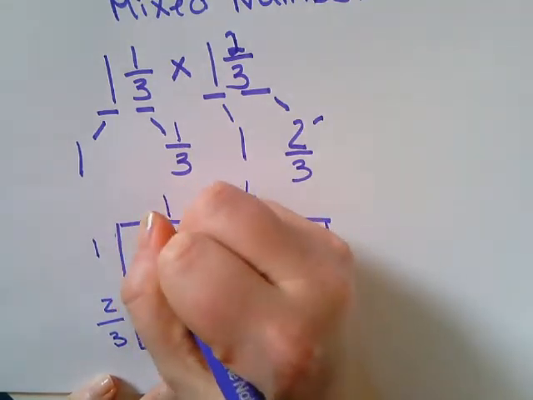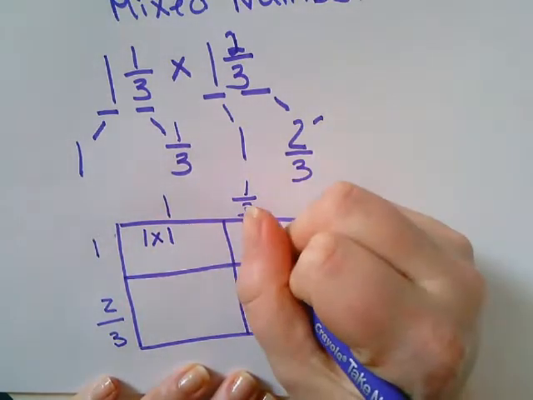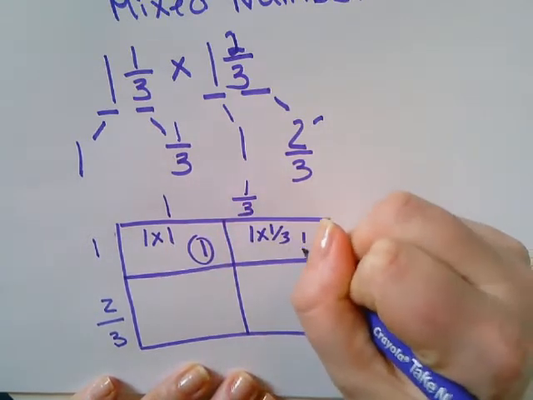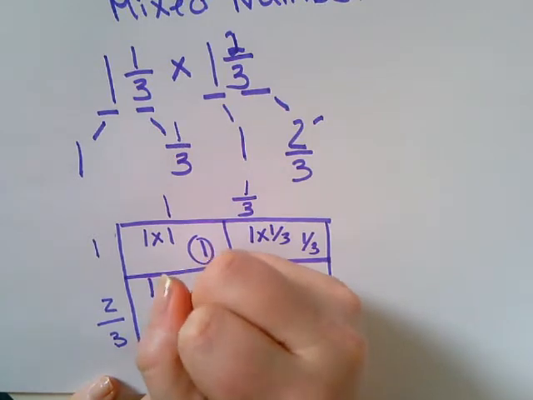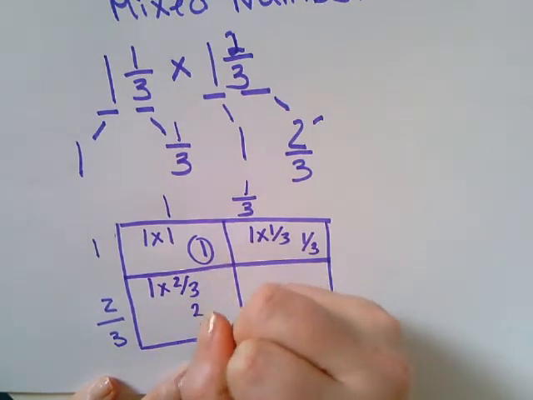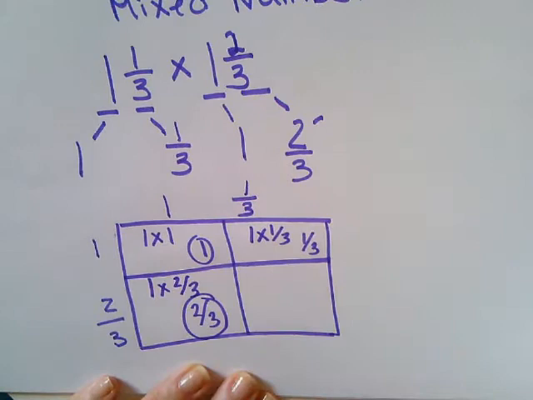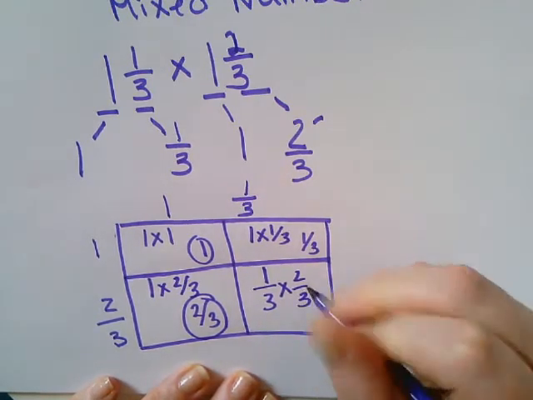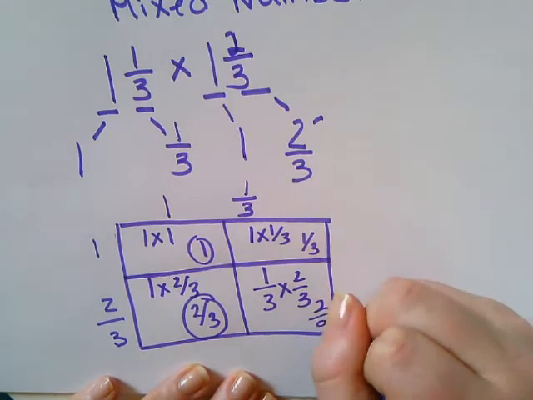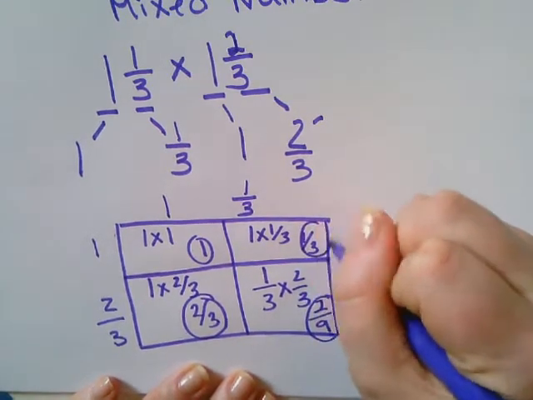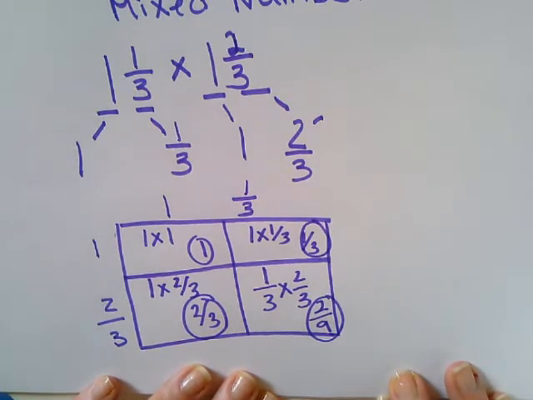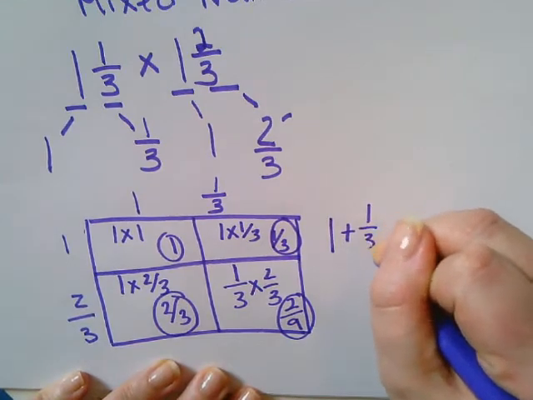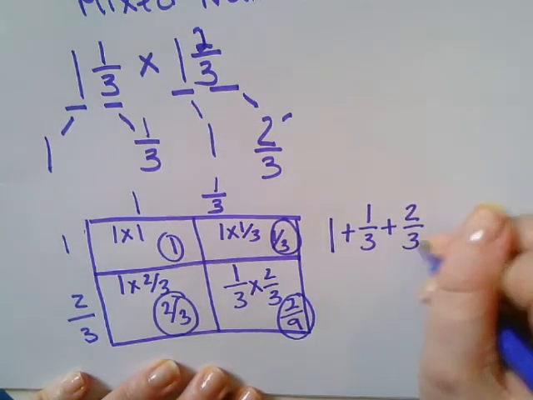So we have 1 times 1, 1 times 1/3, 1 times 2/3, and then 1/3 times 2/3. Once we have our 4 answers, we add them together. So we have 1 plus 1/3 plus 2/3 plus